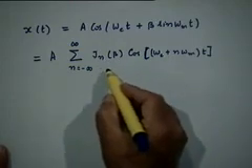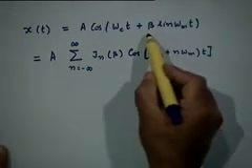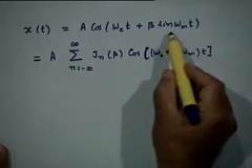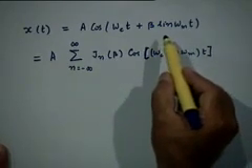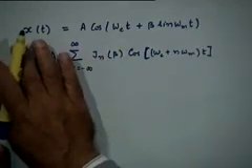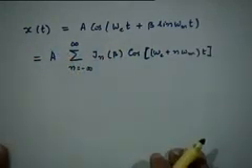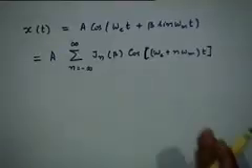And how did we arrive at this? We arrived at this by considering the Fourier series expansion of e to the power j beta sin omega mt, then considering the fact that the required signal is nothing but the real part of e to the power j omega ct into e to the power j beta sin omega mt, right. So we expanded e to the power j beta sin omega mt into its Fourier series and then took the real part of that, and that is what you get,